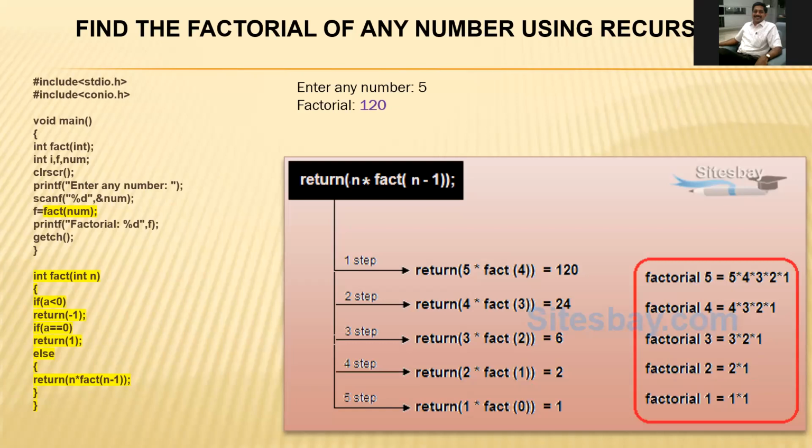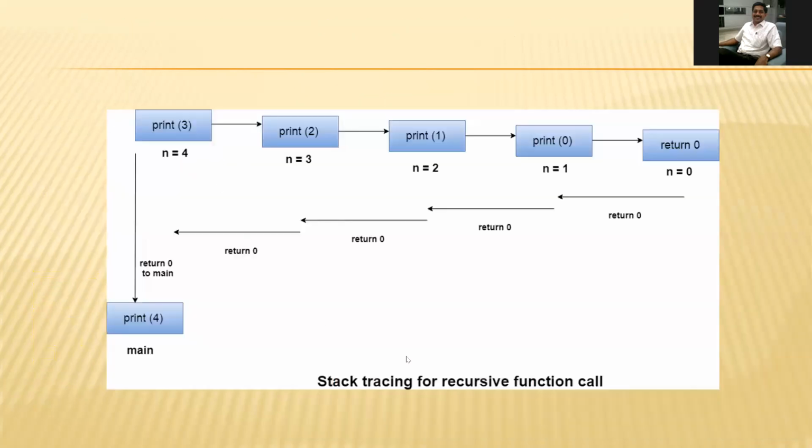So this is exactly the stack tracking of n is equal to 4, n is equal to 3, n is equal to 2, n is equal to 1, and n is equal to 0. So print of